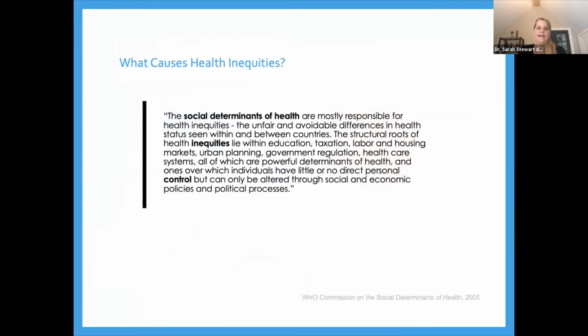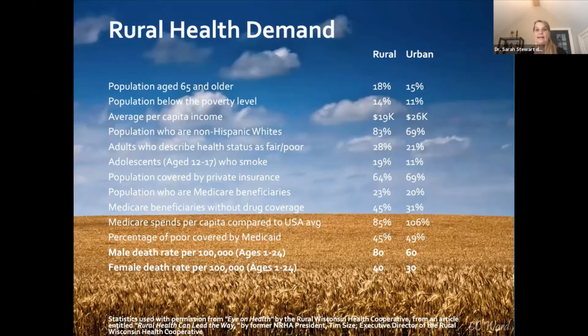And so that's really rooted in this concept of social determinants of health, which is something our track really focuses on and teaches around how to analyze those health disparities. You can read really the WHO's first definition on that, but just this concept that these upstream determinants of health really manifest as the downstream health disparities and health inequities that we witness with our patients on a daily basis. Next slide. And so we see that a lot in our state, which is why this track is very well positioned to start